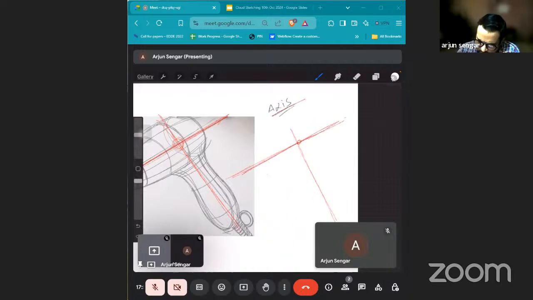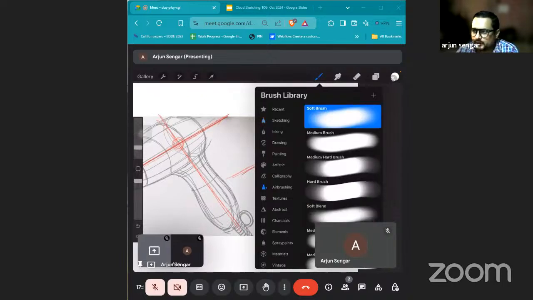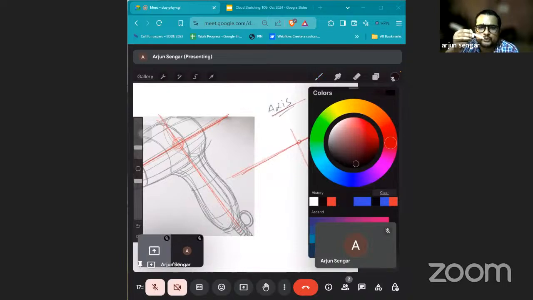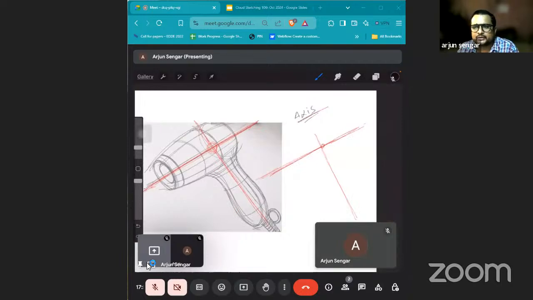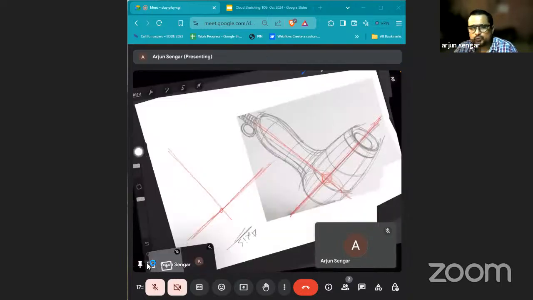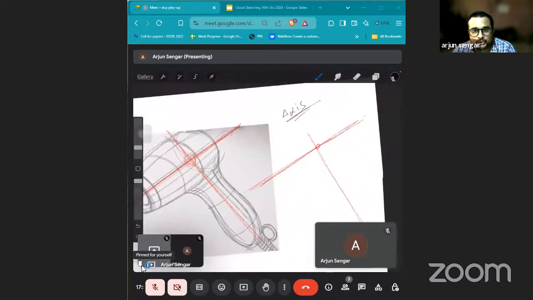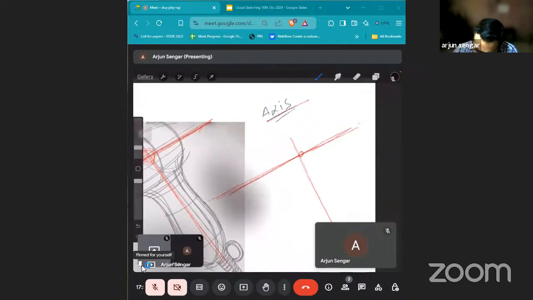Then I will choose a medium which is more or less a blunt medium, not a very sharp one. Here I am using a soft brush only. But in your case, you will tilt your pencil to 30 degrees. So you will not use the tip, but the side of the tip. I will never try to achieve perfection here. My objective is to remain as imperfect as possible. But what I should maintain is the right proportion. Suppose this is the part, I will start with something like doodling.